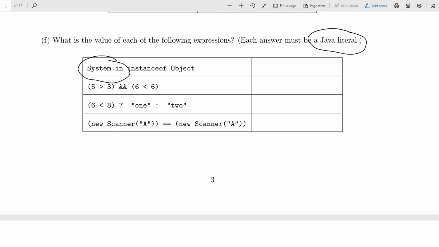Does anyone know? You've been using it all semester. Well, that's what it does. System.in is for reading input in the program. But what, is it a double? What is it? Is it InputStream? I have to admit, I'm not sure either. It may be an input stream. It may be an input reader. I don't know. So how can you possibly answer this question?